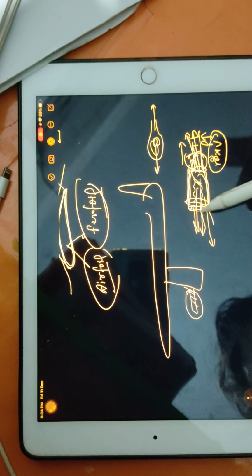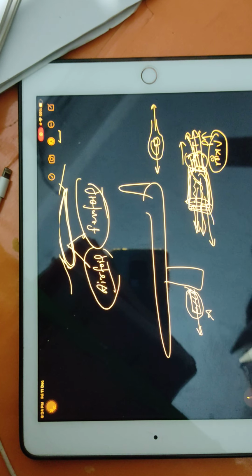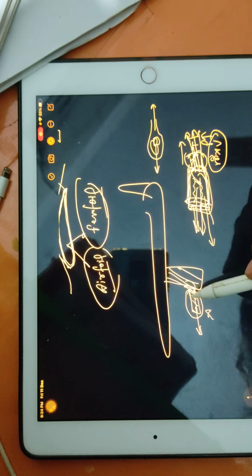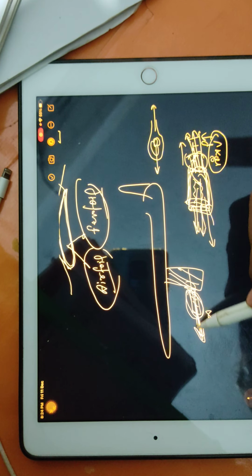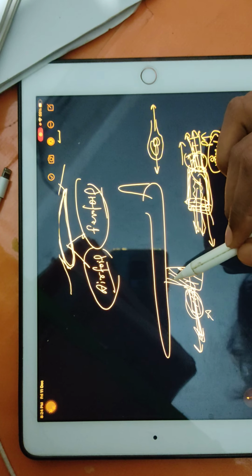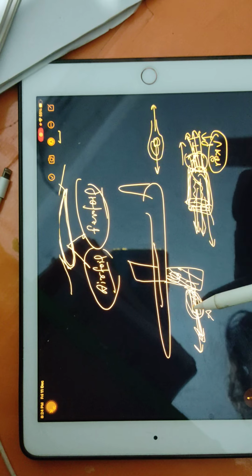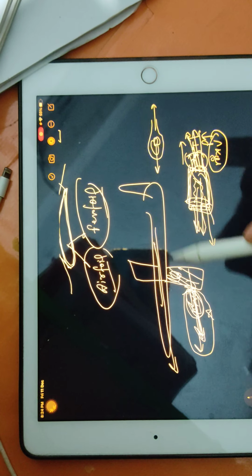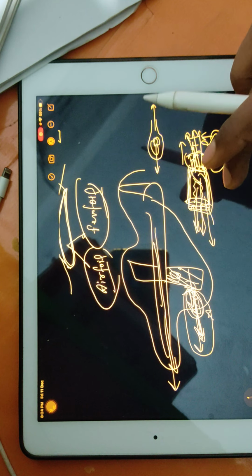Now this entire engine is trying to move in this direction, but it can't move. Why? Because it is attached with the wing. If the engine produces sufficient thrust, then it can even take the wing. But because the wing is attached with the aeroplane, the entire fuselage, everything, if the wing moves, then everything will move. So this small engine is capable of moving this big body in this direction.